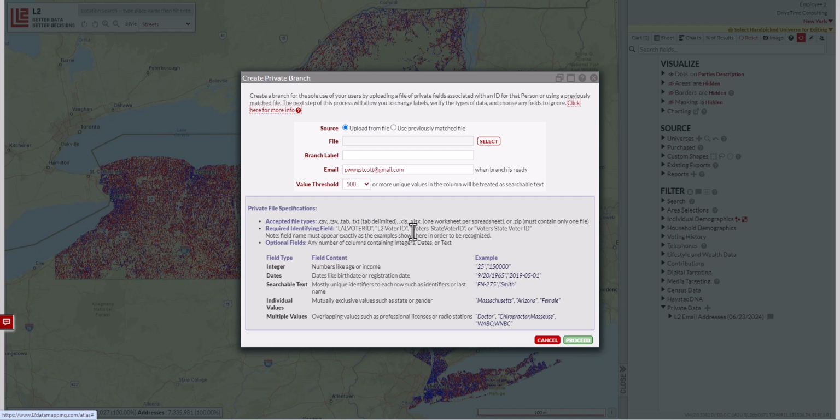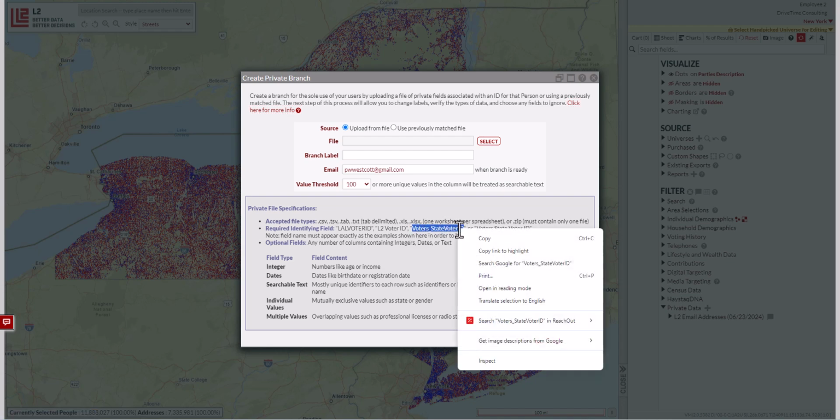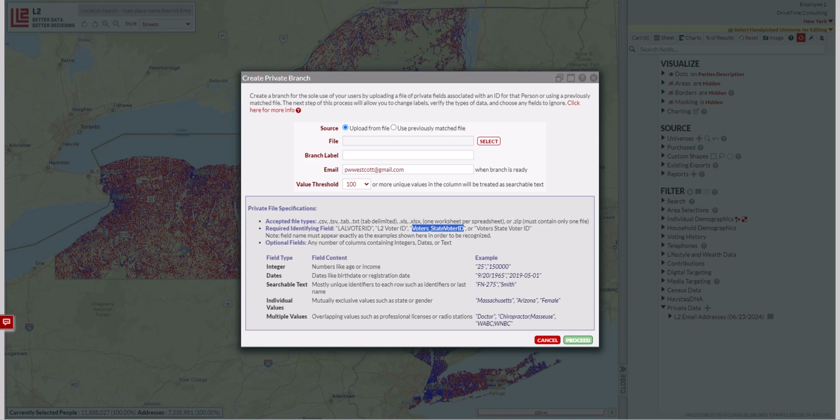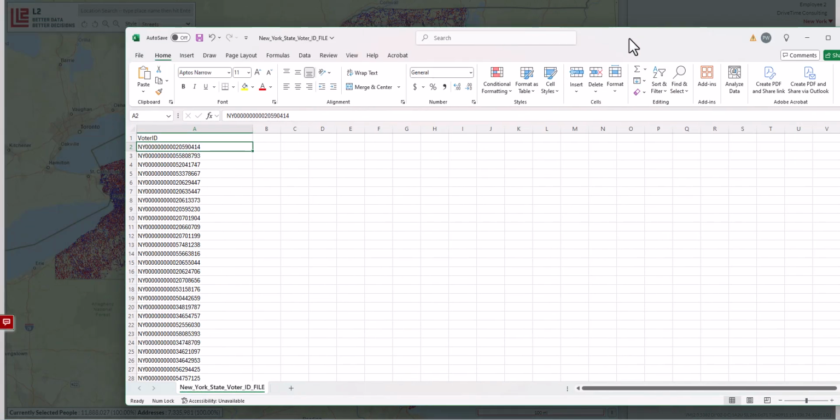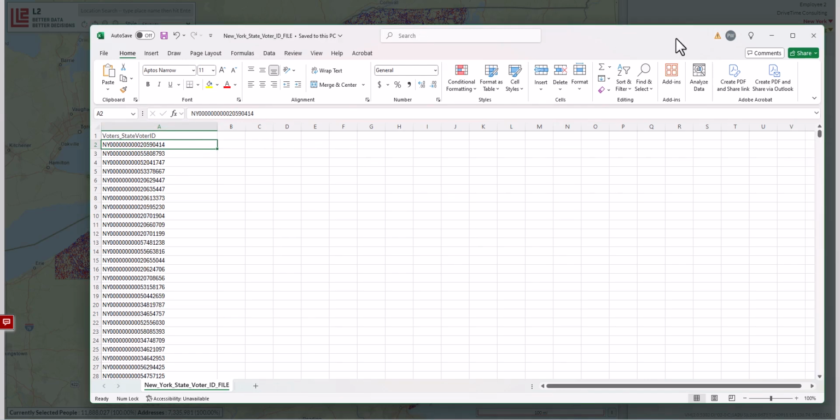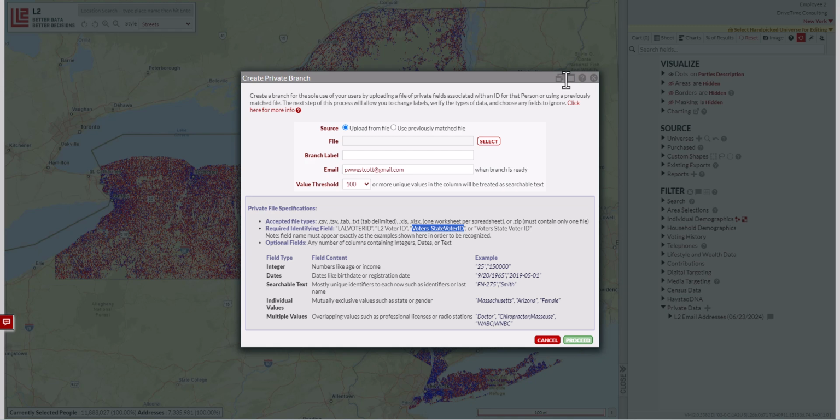So in this case, I'm going to copy the state voter ID because that's what we need to put as the header, and it needs to match that exactly, and it needs to be in the first row. Drag this back over, copy and paste state voter ID, and then I'm going to do a quick save, and now it's saved correctly. Going to X out of this, upload from file, click on select,